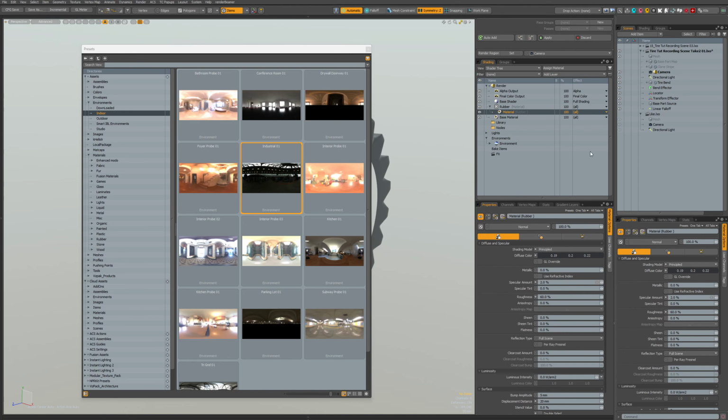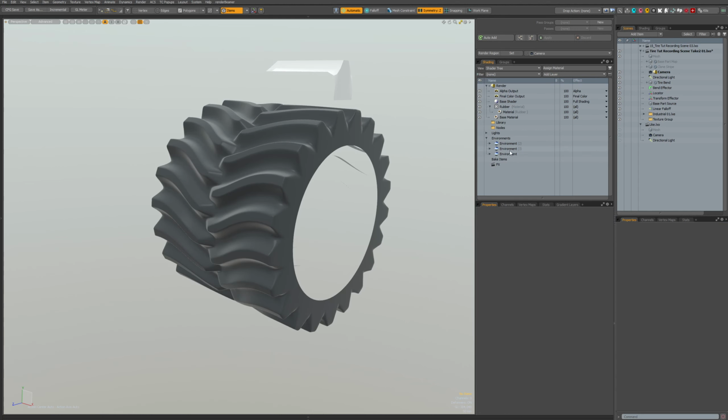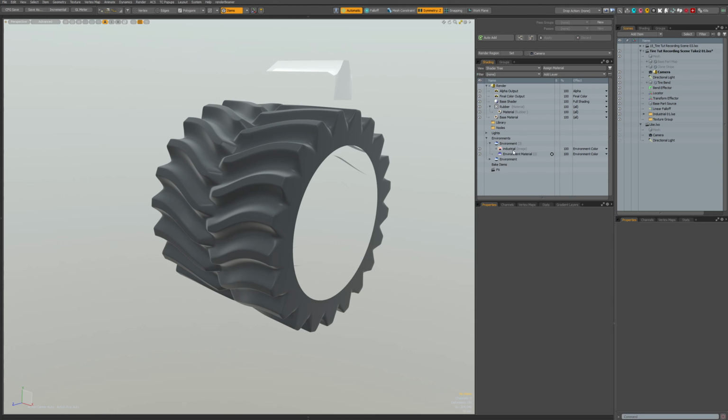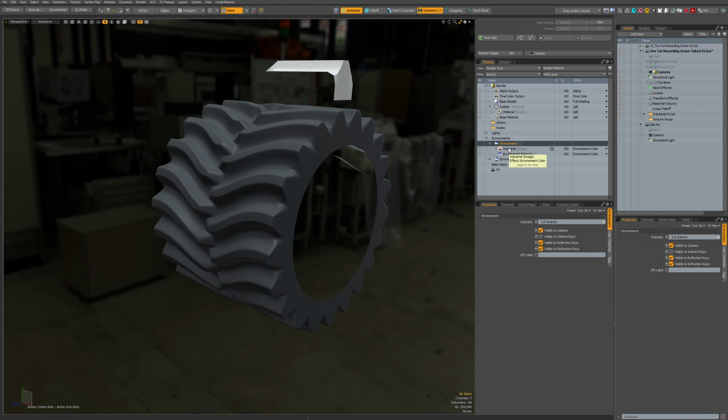Add environment so it won't replace it, but which one? I think they are same. I'll remove this, delete it. I don't know, maybe the other one is blurred or something.